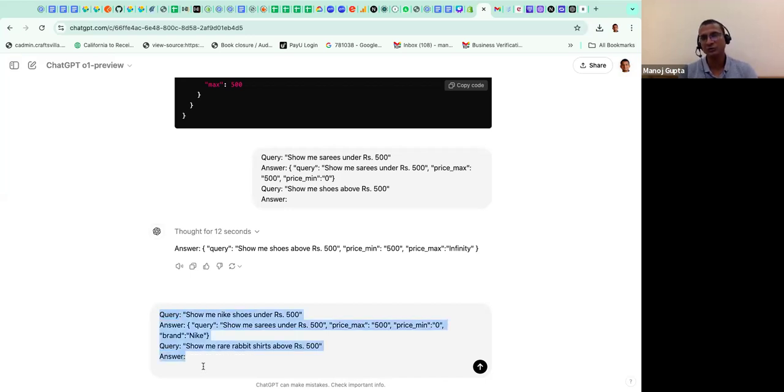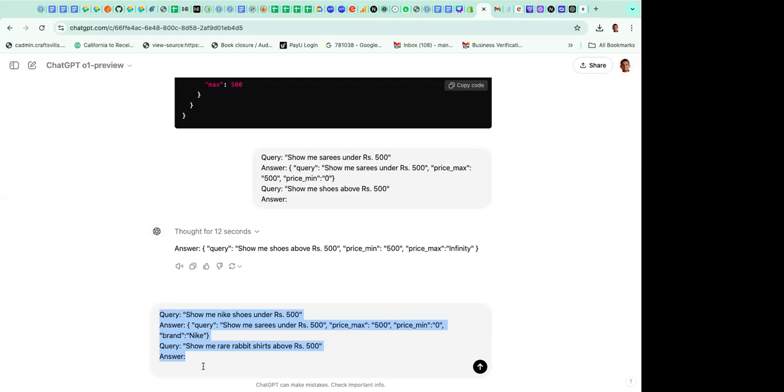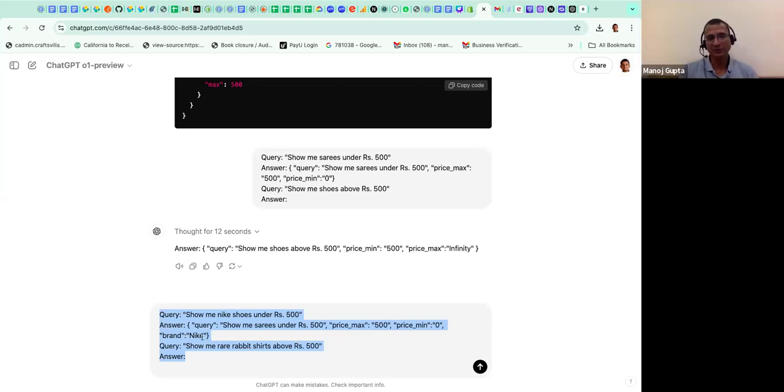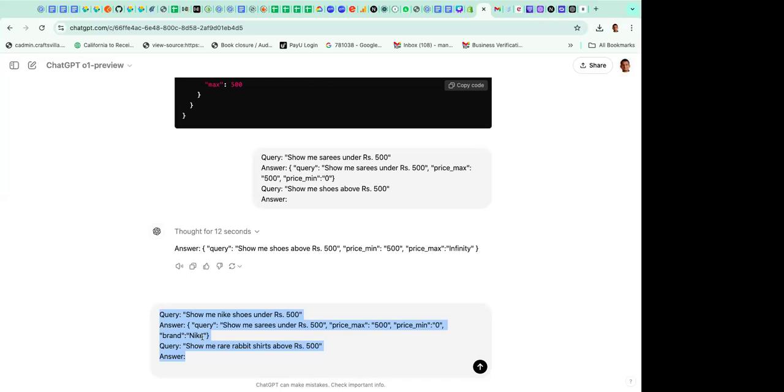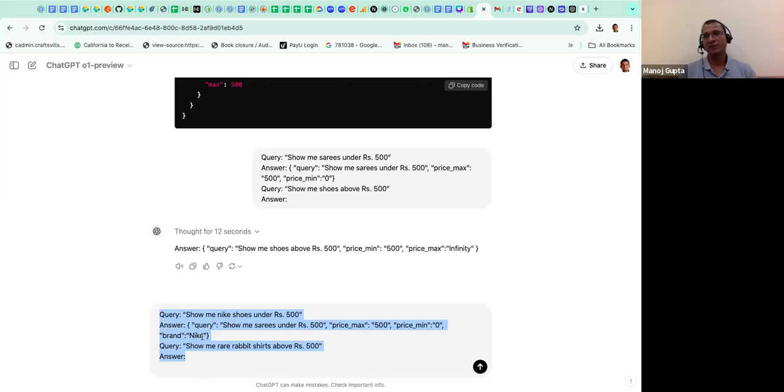So if you look at how many tokens these are, usually one token is three-fourths of a word, 0.75 word kind of stuff. So this would be maybe 100 tokens. Imagine this to be 1,000 tokens. And GPT charges $15 per million tokens. So if I do 1,000 tokens, I'm already